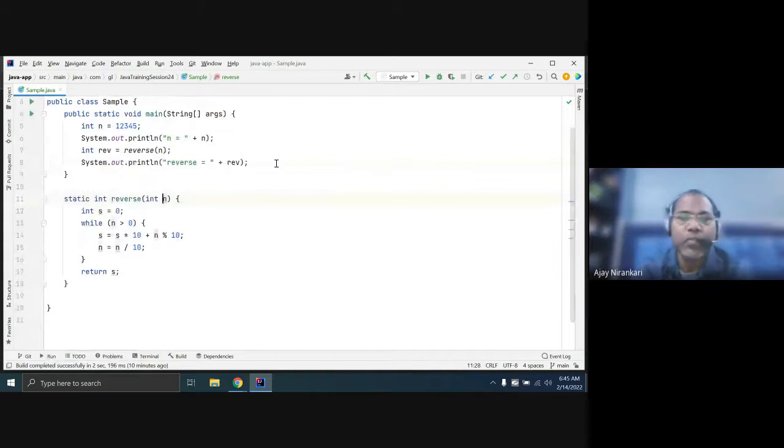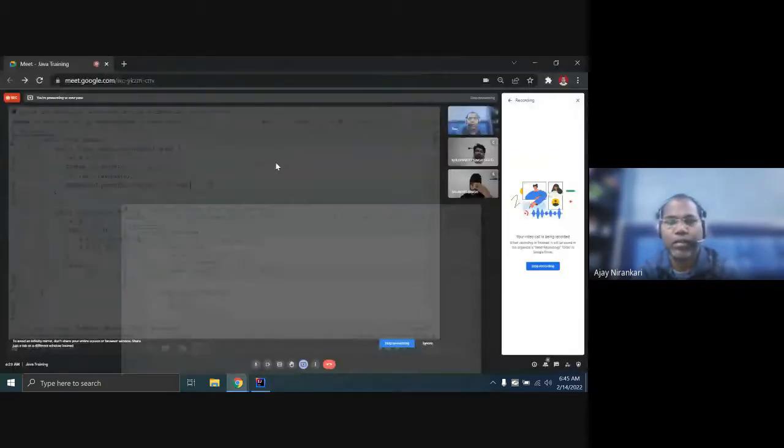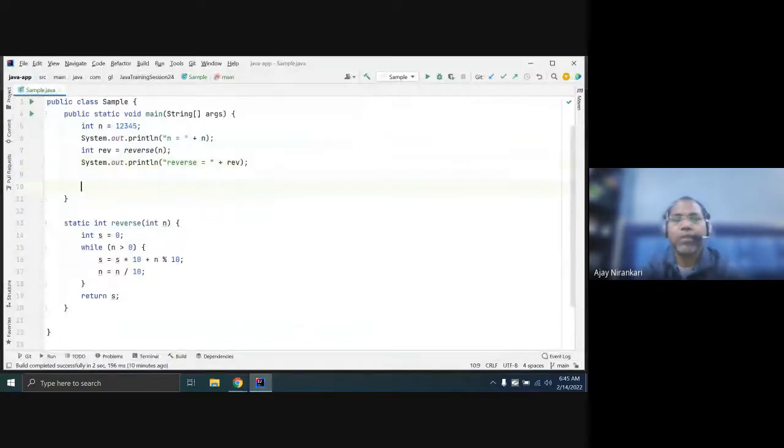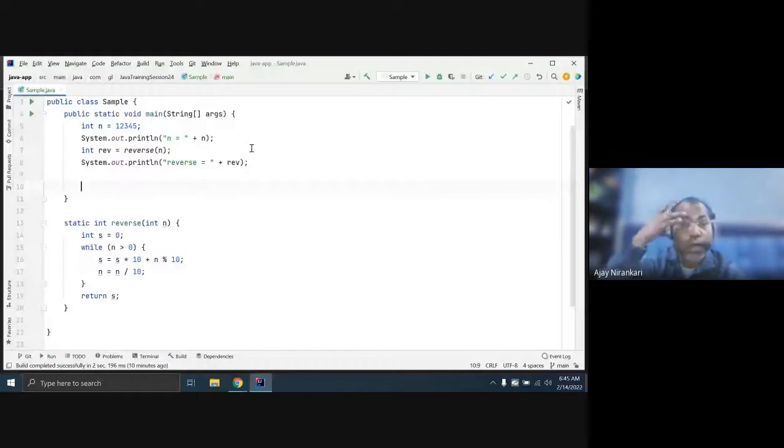So next, we have to discuss how to pass parameters when we're writing any method. We can pass two things. Sometimes you can pass one primitive value. Sometimes you can pass an object. As we discussed last time, an object can be anything. You can create your own object, or you can use any existing object. So let us write one method.